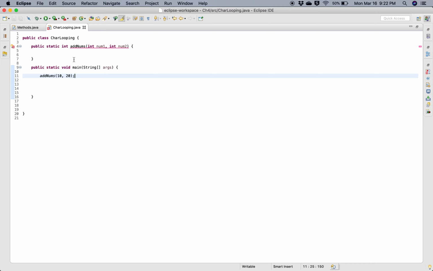Now, as I call the method, essentially what's going to happen is this 10 is going to be passed to addNums, and this 20 also is going to be passed. Now, the order in which I define those parameters is important because when I call the method, this 10 is just going to be assigned to num1, and the 20 is just going to be assigned to